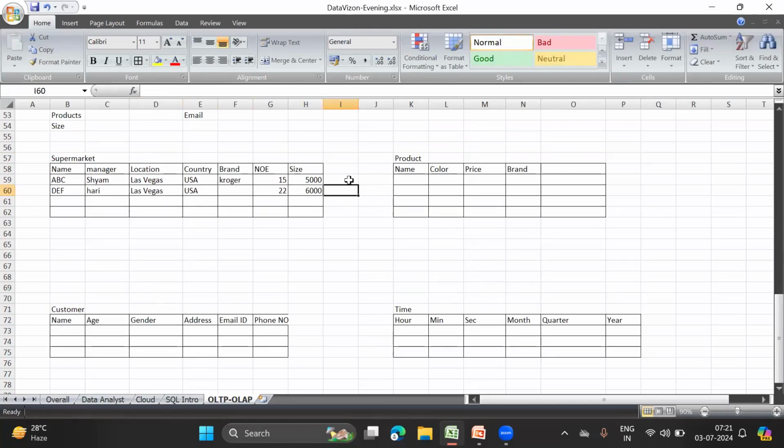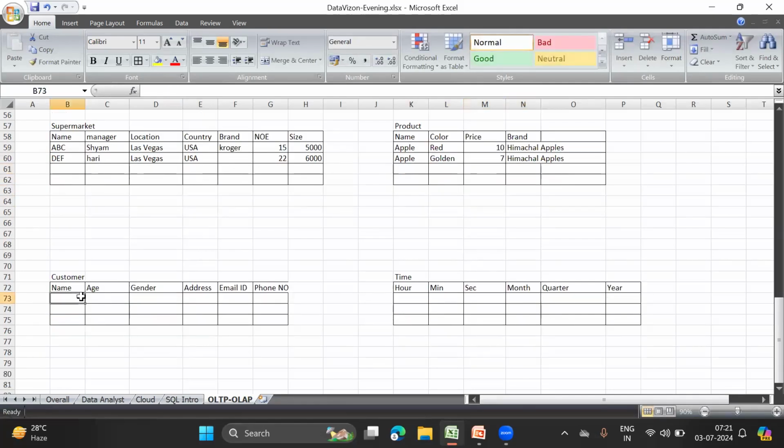Okay. And for example, let us talk about product. We could have different products. We have specifically said that we could have the apple, we could have red apples. The price per unit is, for example, 10 rupees, and the brand associated is the Himachal apples, for example. Very good product. Similarly, we could also have apples which are golden in color. The price per unit is, for example, cheaper and they belong to the same brand.